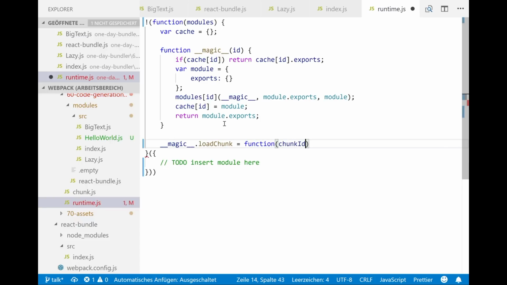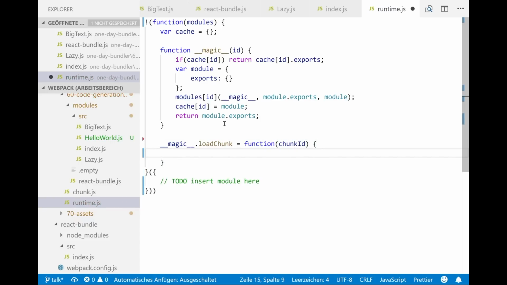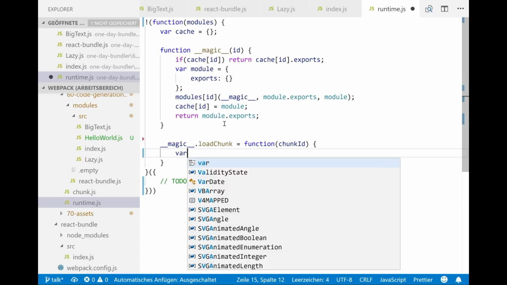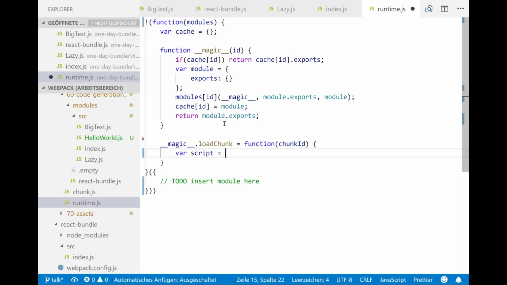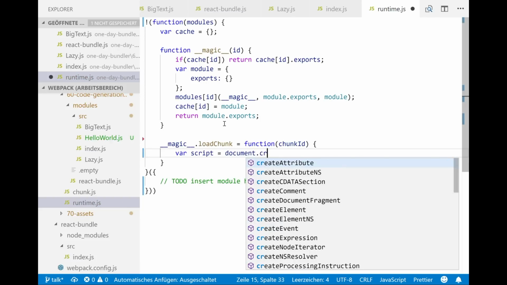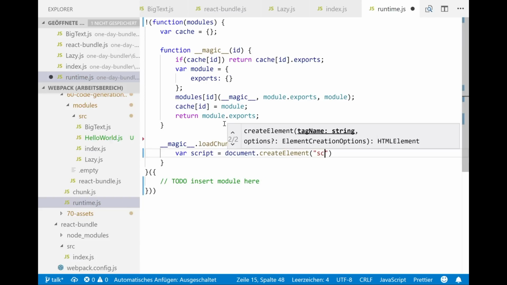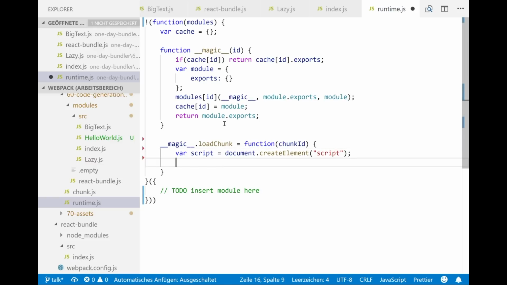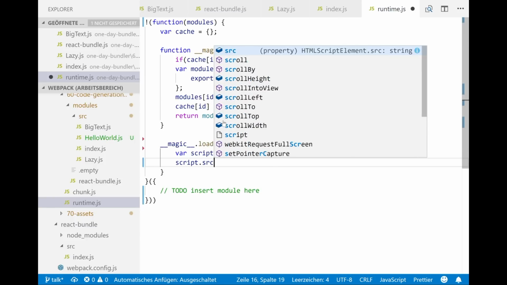Chunk ID. So, yep, how to load a JavaScript file. Everybody does this with a script tag. So document.createElement script. And script needs a source.